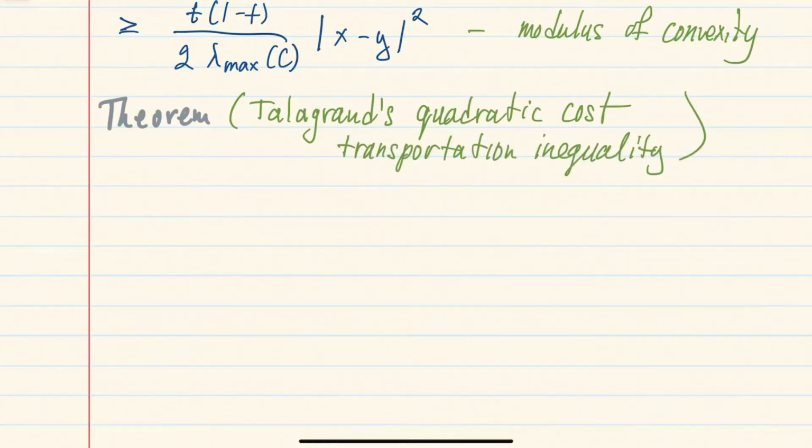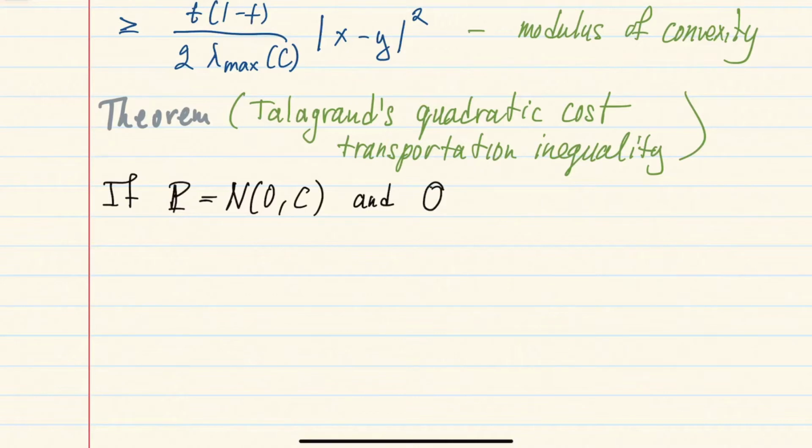If we consider as above this Gaussian distribution P on R^n, and then we consider some other probability measure Q which is absolutely continuous with respect to P, such that the integral of the norm of x squared with respect to this measure Q is finite,